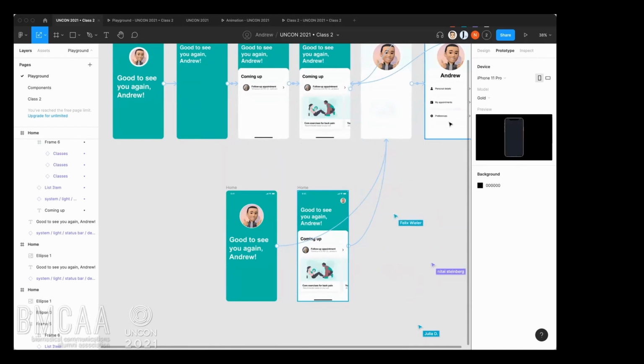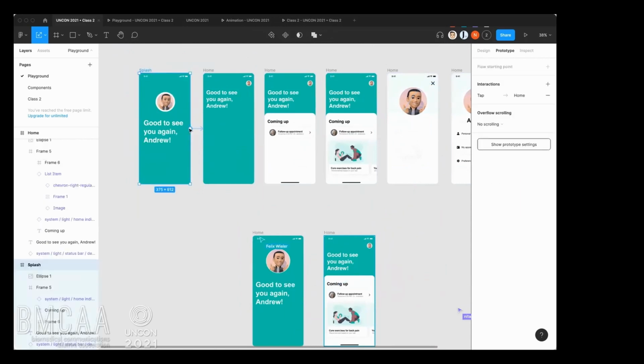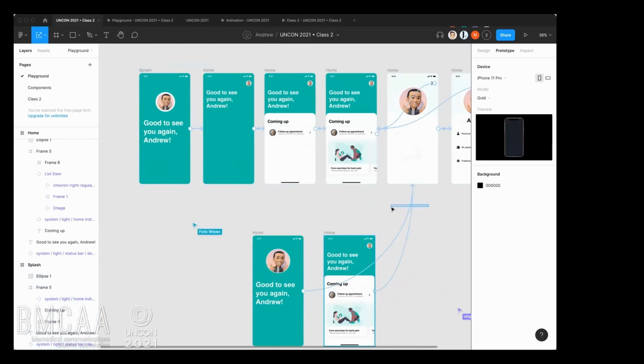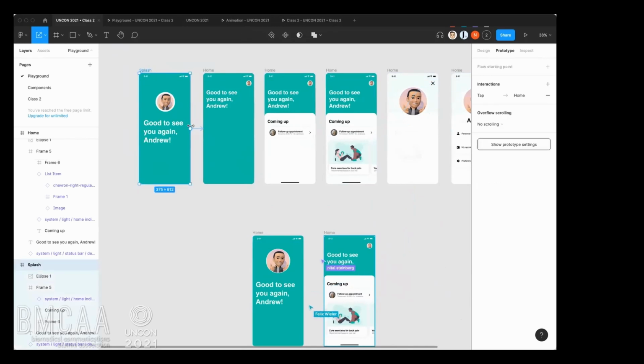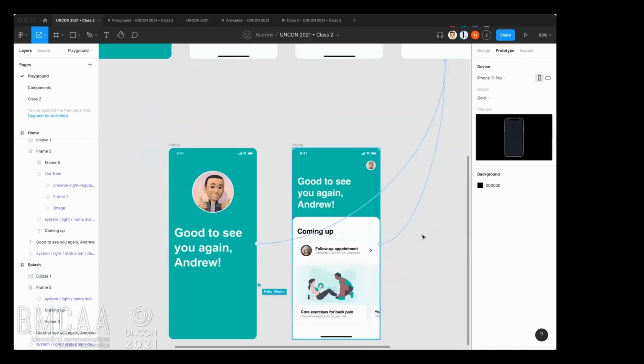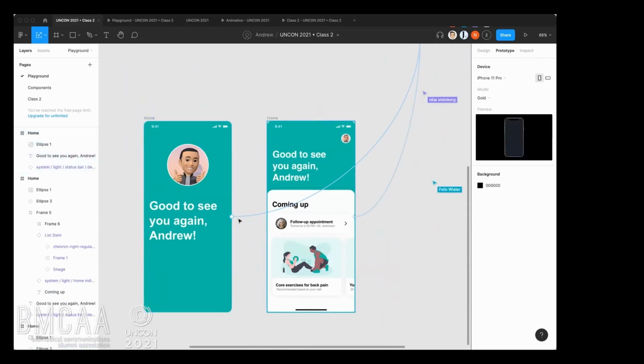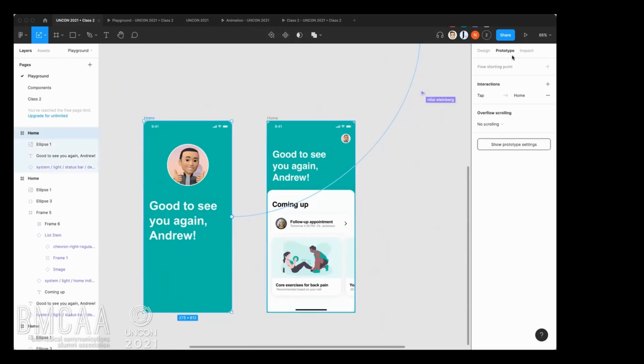Sorry, I'm trying to clean this up a little bit. I'm not sure why it's kind of stuck there right now. A lot of what I do in Figma is just trying to figure out why something's not working sometimes. But anyway, let's pretend that these lines are not here yet. Once you click on one and you're into prototype mode,